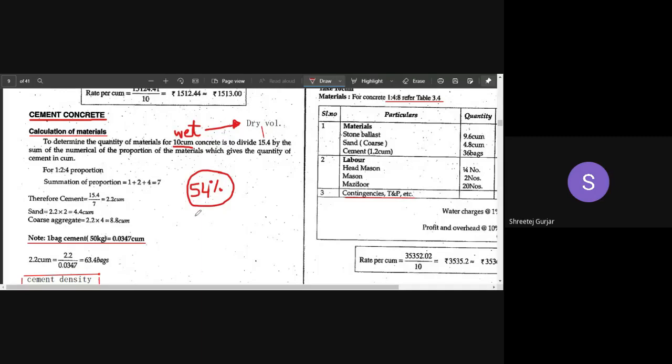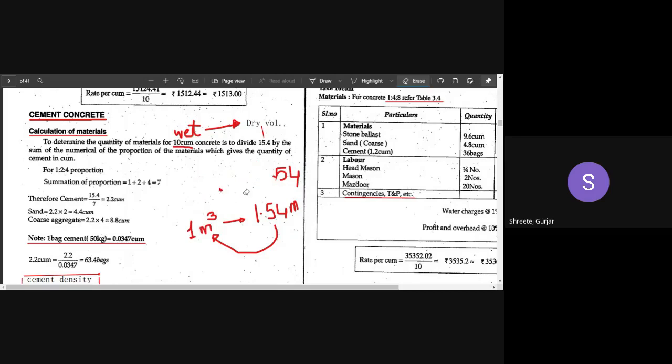Suppose now, if you want to calculate for 1 meter cube, the dry constituent that you have to take is 1.54 meter cube in dry materials, so that after you mix it with water, you are left with 1 meter cube of wet concrete. Okay, so 54% is what we have taken extra. 1.54 is the factor of safety, you can say, or the factor which you have to multiply to get the quantity of dry volume. Okay, so keep this in mind, this is important.